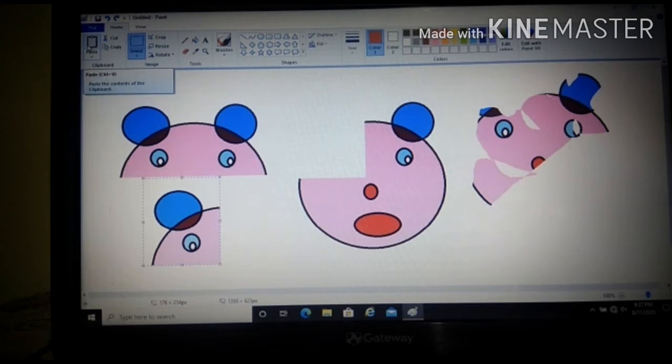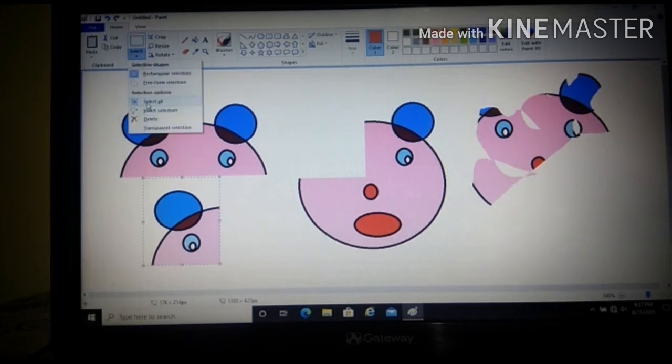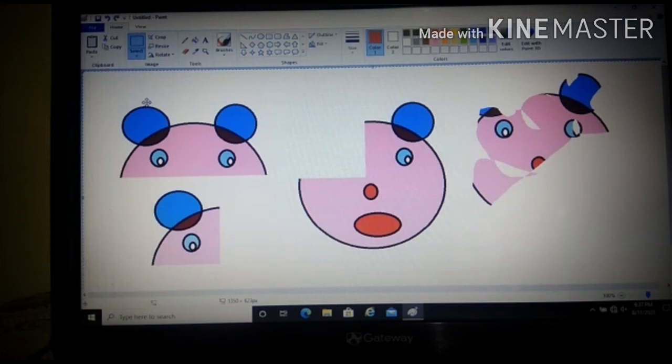Okay, so to draw different shapes on your drawing area, let's clear this whole screen. How to do that? Firstly, you can select all. You might not be able to see this, but a dotted area is formed throughout the page. Okay, so what I can do here, I can delete the selected area, or else I can cut that area. So for now I will delete this.